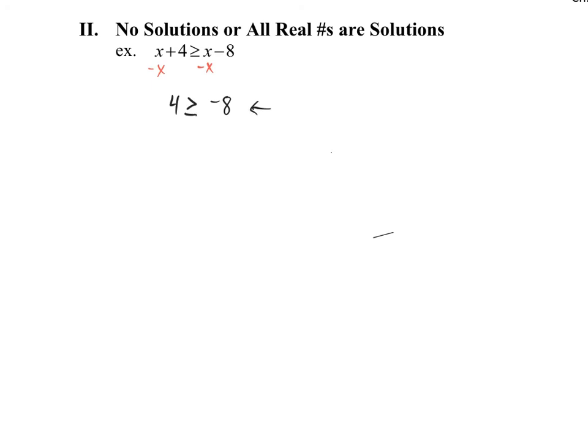In other words, what we just found is it doesn't matter what you put in for x. If you put in a 2 in both cases, then you're going to get 6 is greater than or equal to negative 6. Yep, 6 is bigger than negative 6. If you put in a 10, you'd have 14 is greater than or equal to 2. Yep, 14 is always bigger than 2. So do you see, it doesn't matter what x is. We're always going to get a statement that's true. So is that no solutions or all real numbers? Yep. So if it's always true,